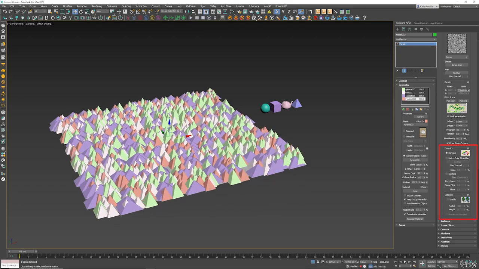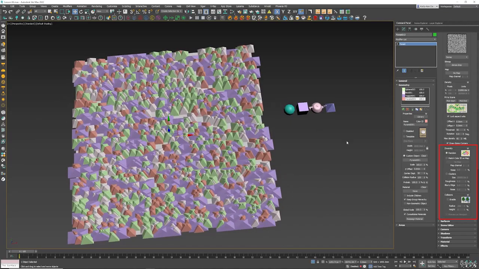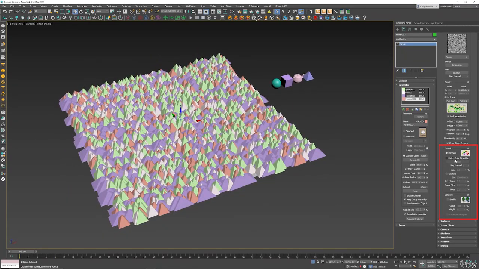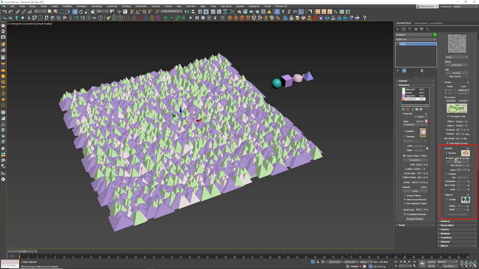So if we just increase the amount of scatter we've got, you can see that it is really just a complete random scattering. What we can do is we can say match color ID on map. Now if I select this, nothing really has changed in terms of the scattering options. What has changed is that we can add a map to the actual ID. So there is one thing that you need to do before this, and that is you need to take these 4 objects and change the color IDs to the actual colors of the bitmap that